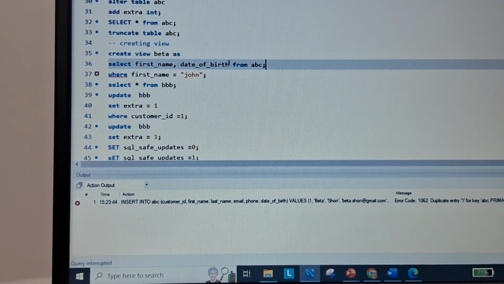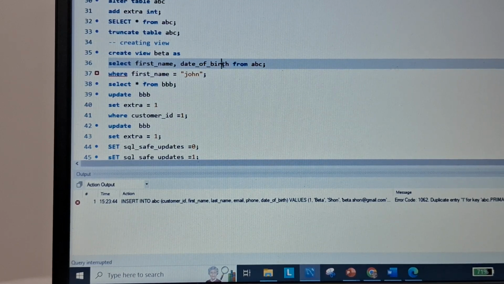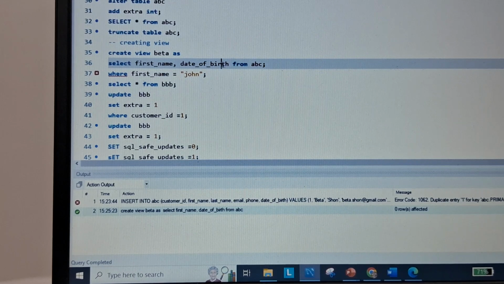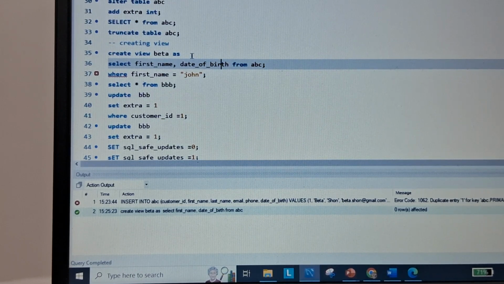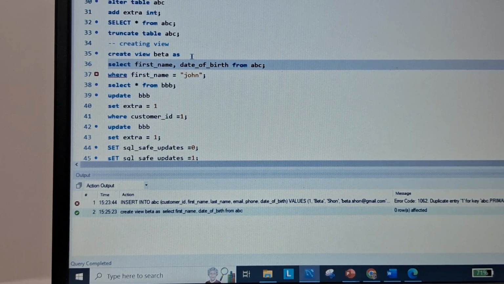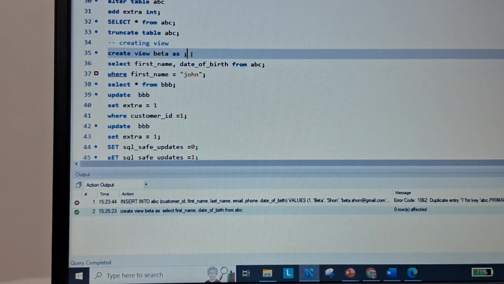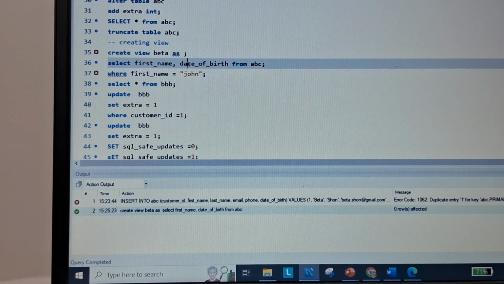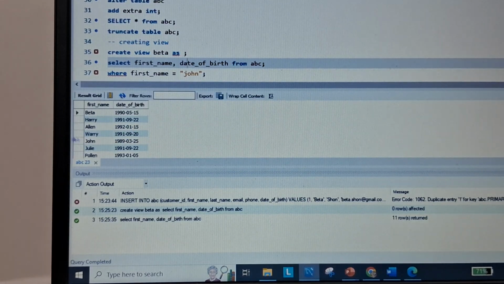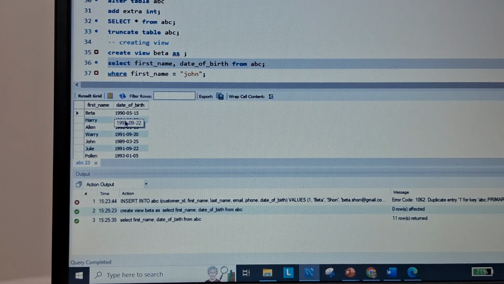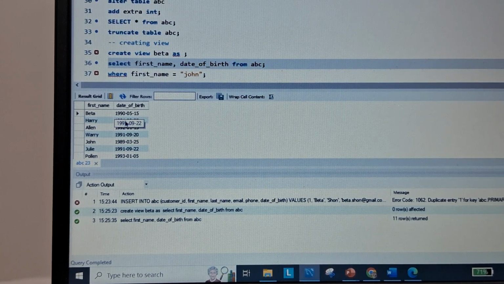If you want to see what this data will show, let me show you this first. This is the data, first name and date of birth from our table ABC.